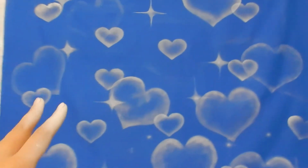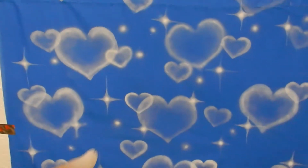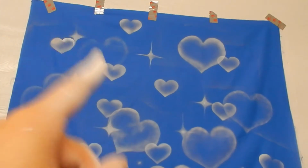So if you want to do it, you can do it with spray paint. You don't need to buy an airbrush compressor and an airbrush kit. If you wanted it to look airbrushed, definitely go for it because it is super cute. But if you want to do it more in this style, you can, and it'll still be just as cute,